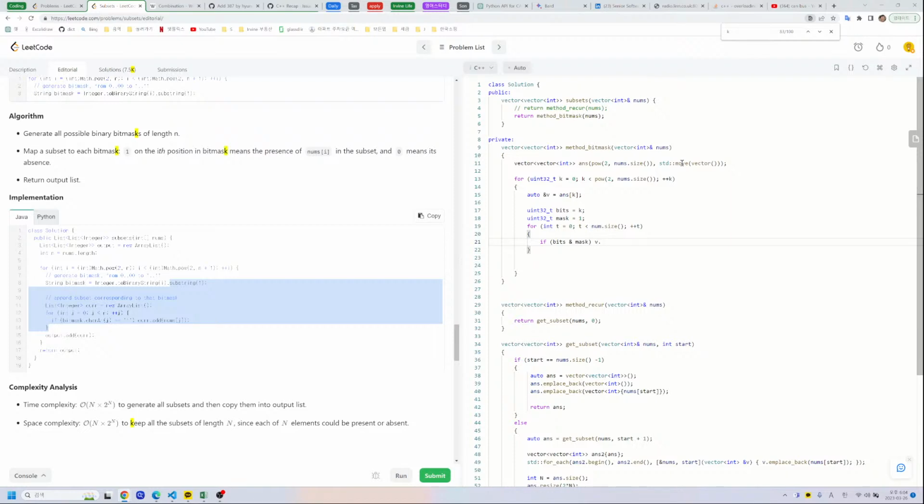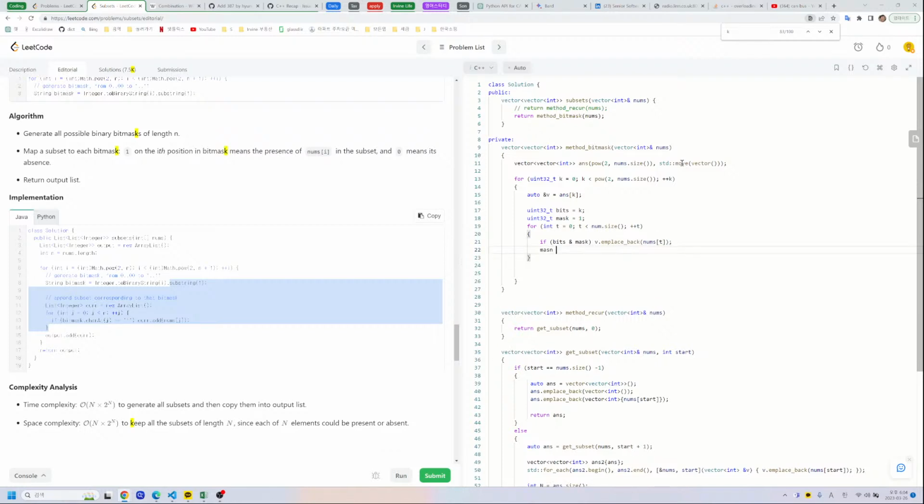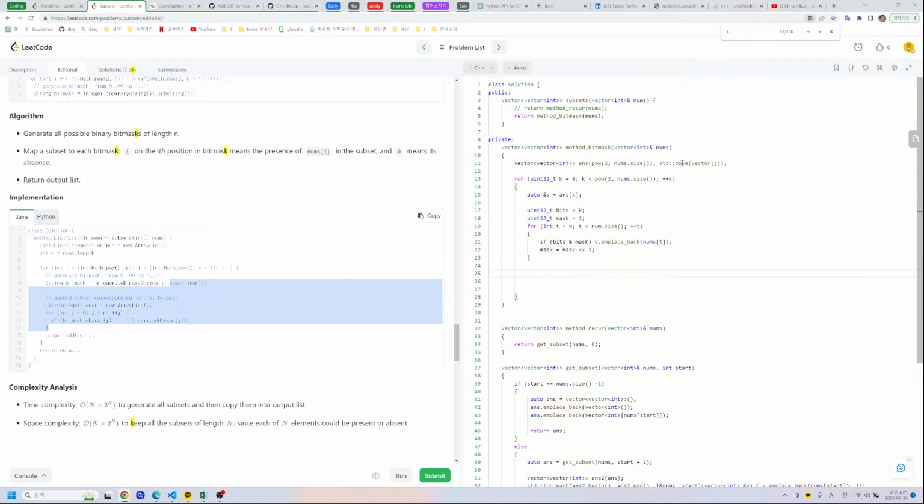In the case num_t, and then mask equal, and then